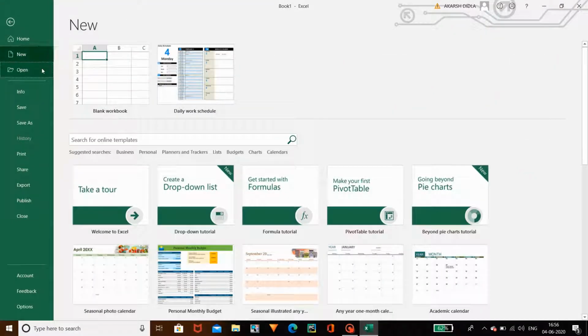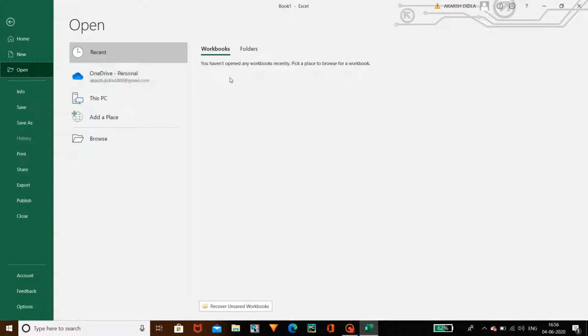And coming to the open, to open any projects that you have done, you can select this open. So I have not yet done any project, right? So in this PC, there are no projects showing. So if you have done any projects recently, or if you have the project of your friends in your PC, not only friends, any project which belongs to the Excel, or if you have any project in your drive, you can import from here. So this is the use of the option open.